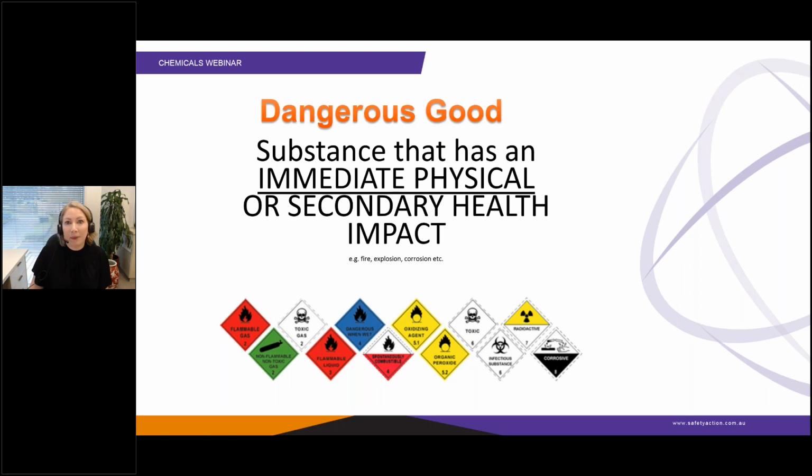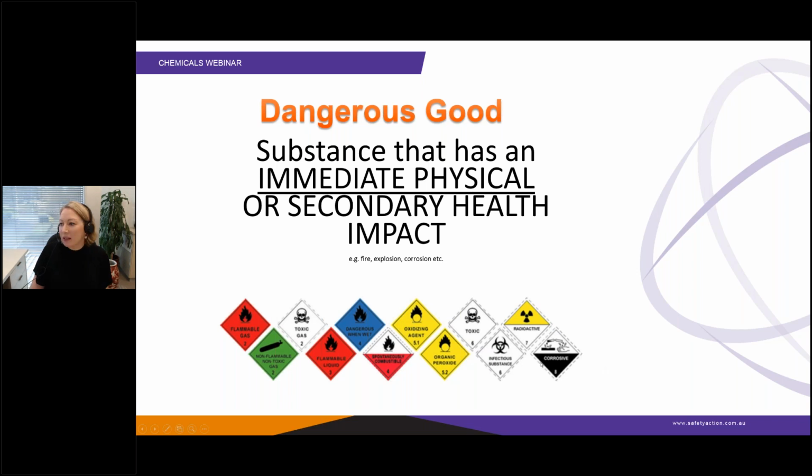So, for example, some dangerous goods you may know of would include flammable liquids. They're called Class 3 dangerous goods, for example, petrol. All of the gases in cylinders will be Class 2 dangerous goods. So things like LPG or oxygen stored in a cylinder are a dangerous good. Substances that are bad for health, so toxic substances, if they could immediately be dangerous if not stored correctly, are also a dangerous good, so a Class 6 dangerous good.